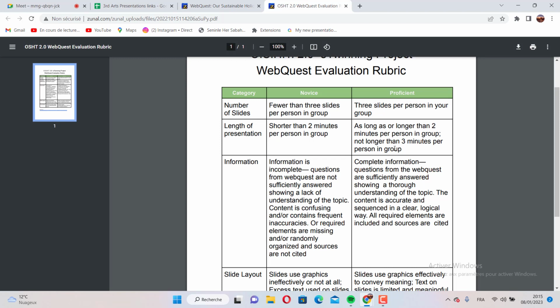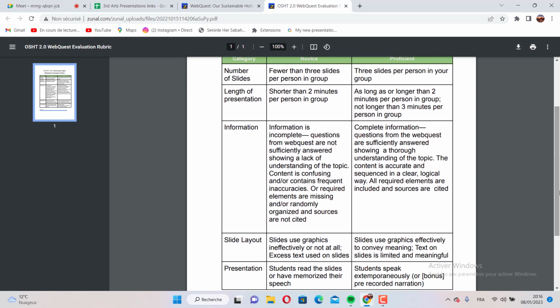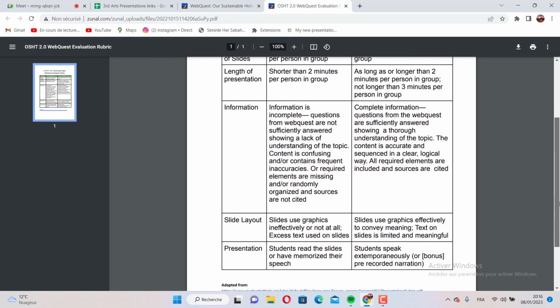So it should be equivalent. So that is, everybody should be speaking when they present, dividing the time evenly for the different group members. Okay, so now there is also going to be another criteria about the information or the content that is being presented,